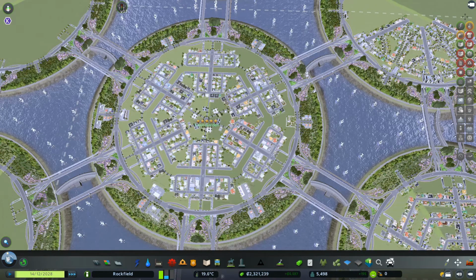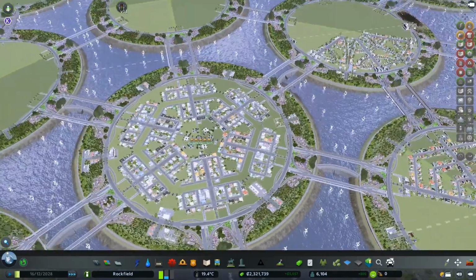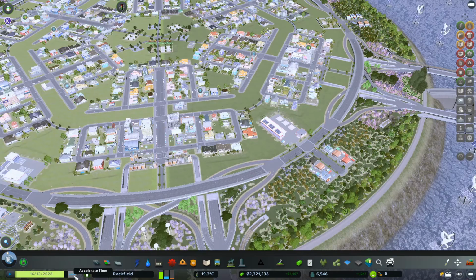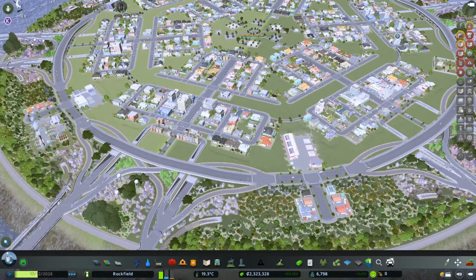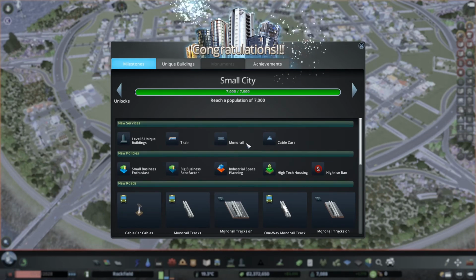Okay, we're back. I had to disable a few mods, enable some others. I think I just saw a little bit of that in the fastest mode. Oh, there we go already, 7,000. Is that unlocked for us? New buildings,